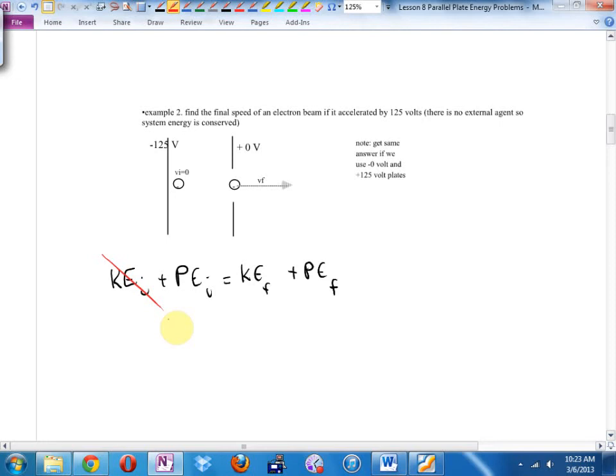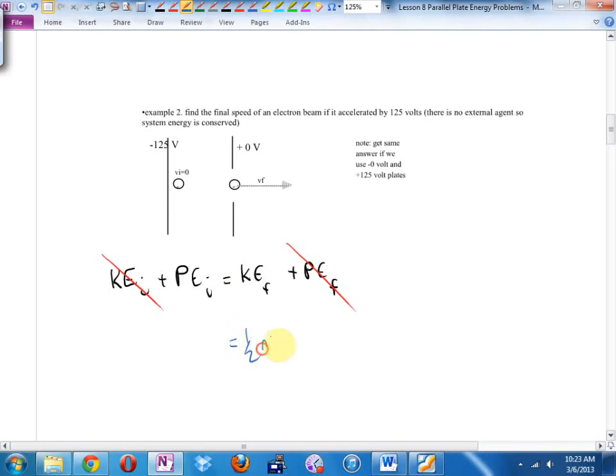and once it gets to the far wall, how much potential energy does it have left? That's like it's hit the ground, except we've drilled a hole in the ground so it can keep falling. But here's where our gravity analogy breaks down. It's going to keep falling without speeding up because somehow gravity stopped acting once it hit that hole in the ground. But this is just like dropping an object. We would say, this hasn't